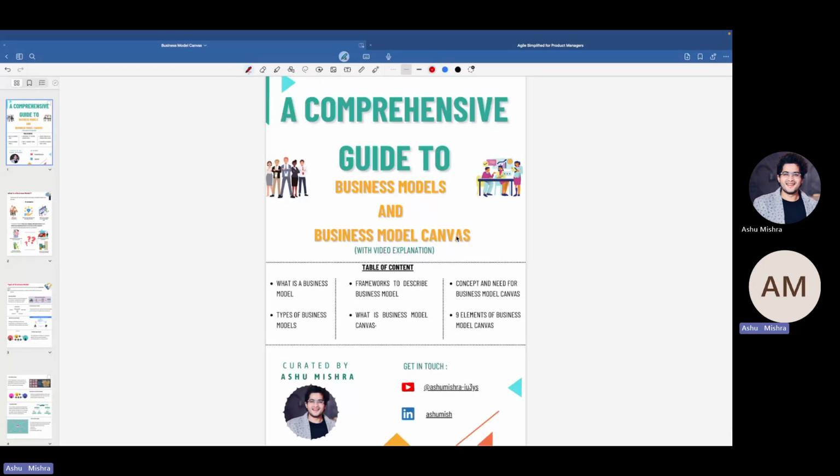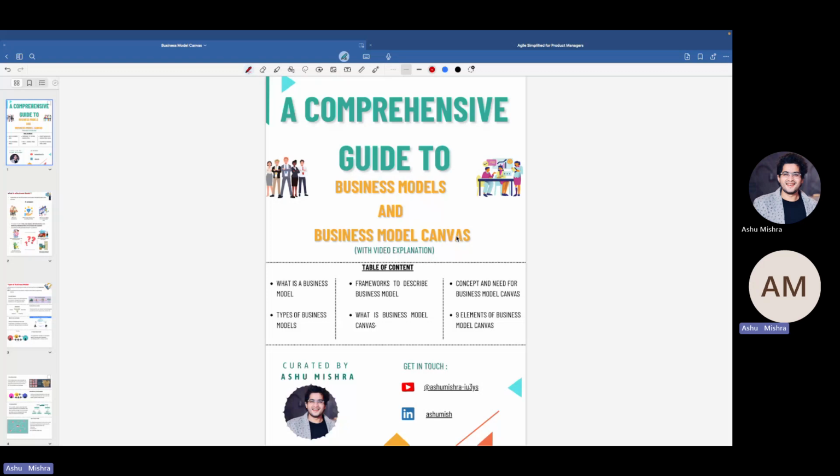know more about business model and business model canvas. However, scrolling through a number of videos and articles led to frustration and time waste, since there is no single source for gathering end-to-end information. Hence, that led me to create this comprehensive guide which covers all the aspects from business models to different elements of